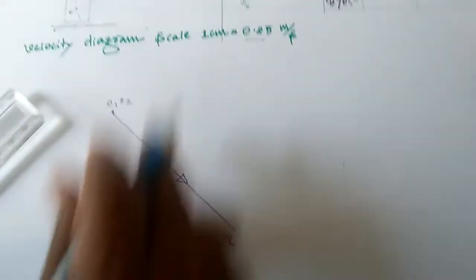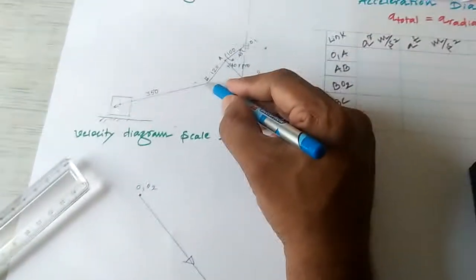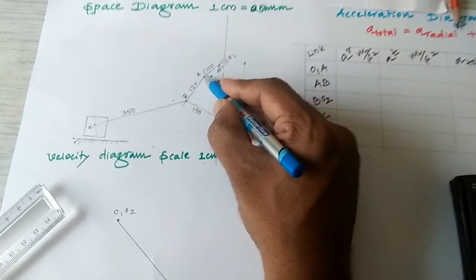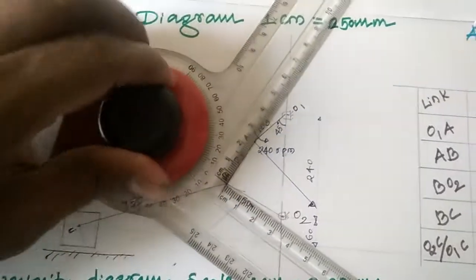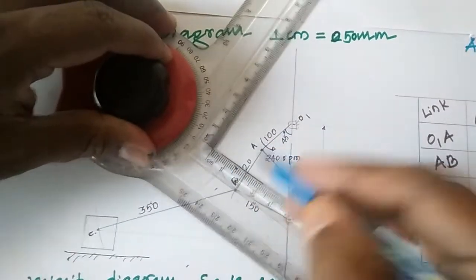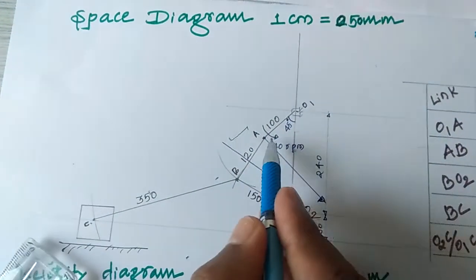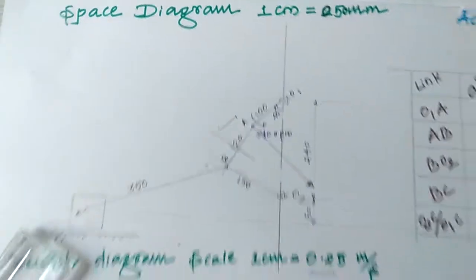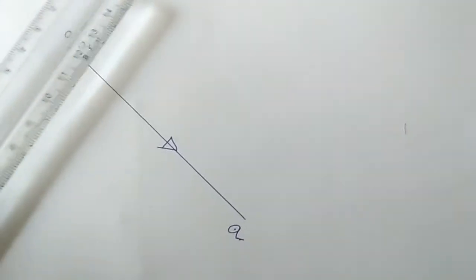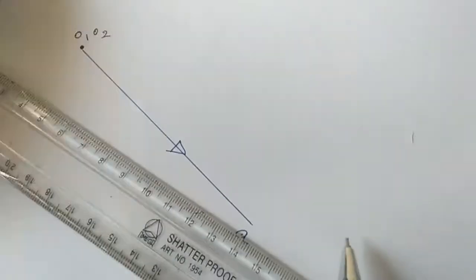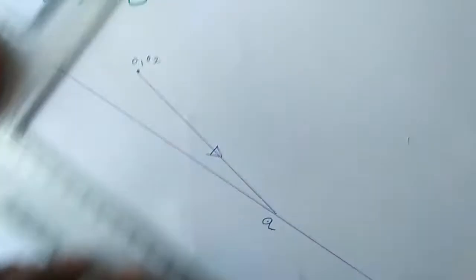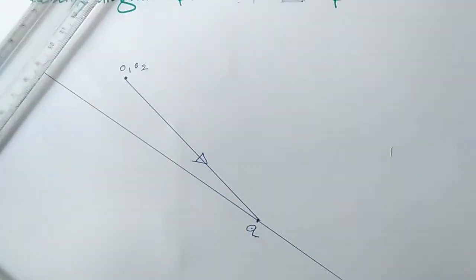First one done. Then second, I will draw the velocity of B with respect to A. Here also you have to draw the perpendicular. You have to align this and draw the perpendicular. You know point A already from the velocity diagram. You have to draw the perpendicular to that. Perpendicular means it is only a line of action, because you don't yet know the velocity and acceleration. This is a line of action only.